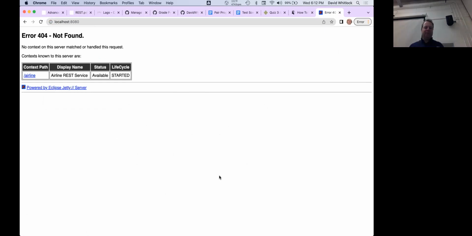It returns something. It gives me a 404 not found, but it does say, hey, there's something at /airline. Did you want to do that? The answer is yes. So it's talking about all of the contexts or web applications. Context is a Jetty word for it. Web applications running. It's our airline REST service API, our airline REST service